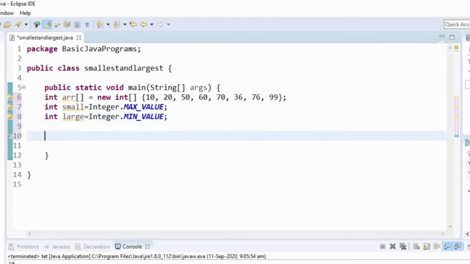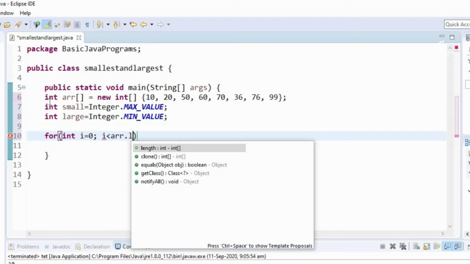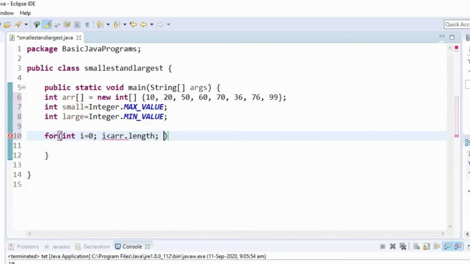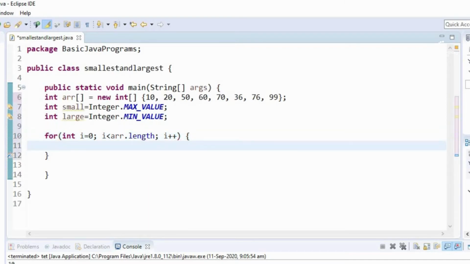Okay, now let's create a for loop to iterate through the array. i less than the length of the array, i plus plus. Now we'll create an if statement to check for a condition.